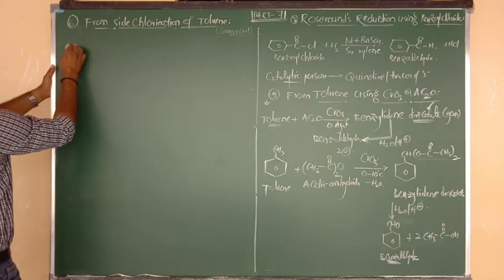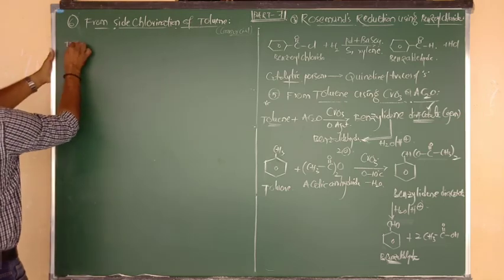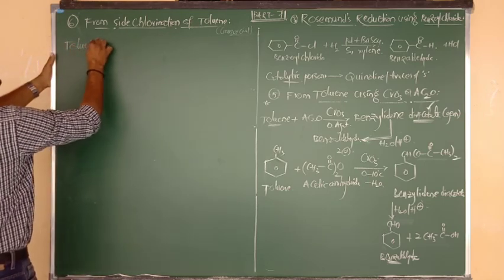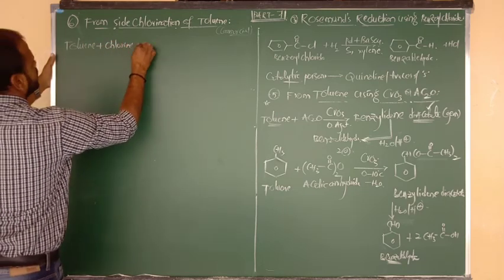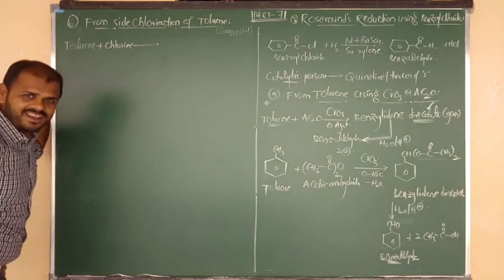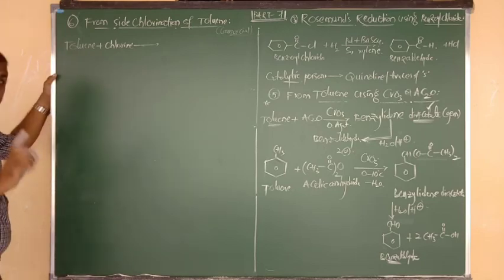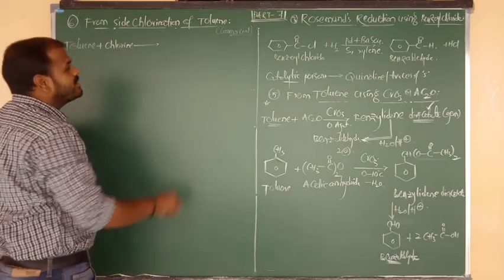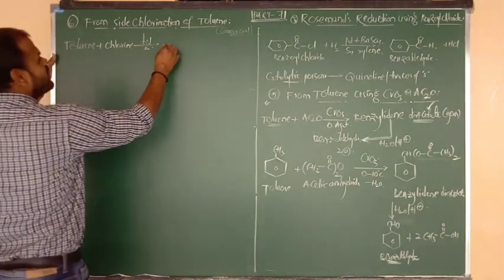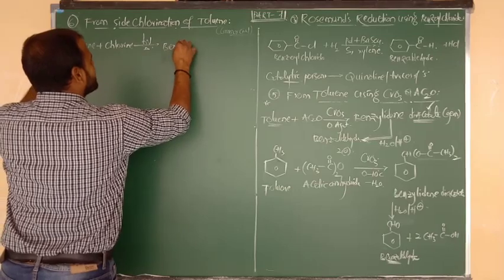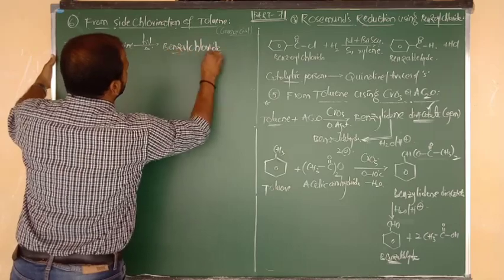Toluene, what is the formula? First of all, as a general statement, I am going to consider that toluene undergoes reaction with chlorine, and the reaction takes place in presence of AlCl3, beta. With AlCl3, chlorine will be attached at ortho and para positions, but we want chlorination upon side chain. So this reaction will take place in presence of sunlight. Now you are getting the same thing. We have to focus on the intermediate. The intermediate name is called benzyl chloride.